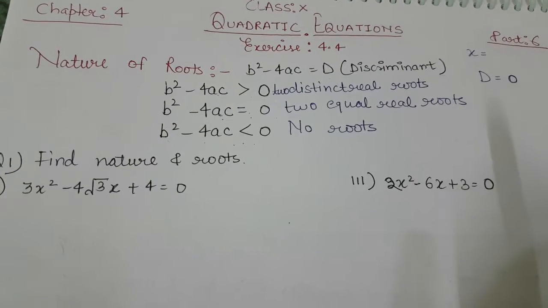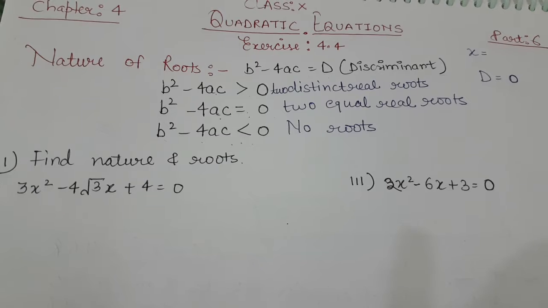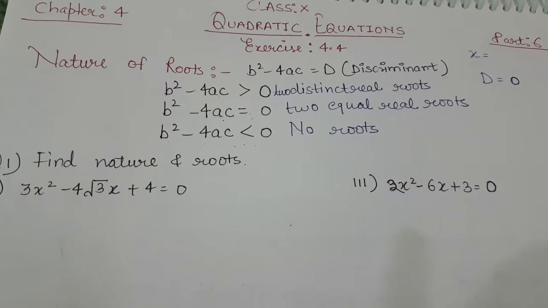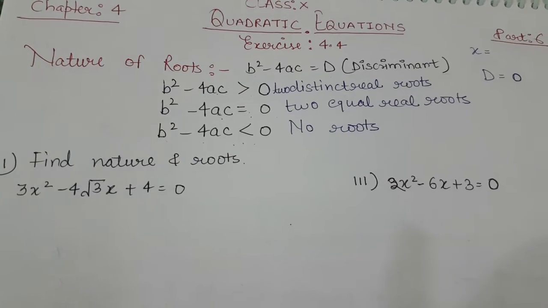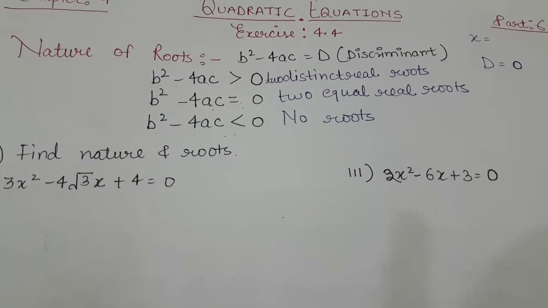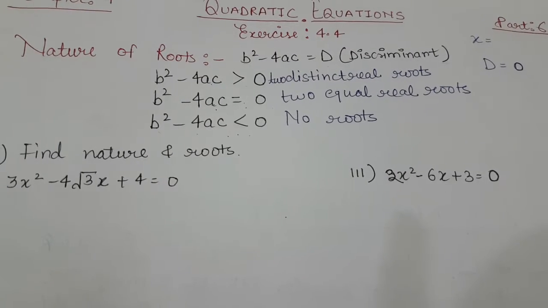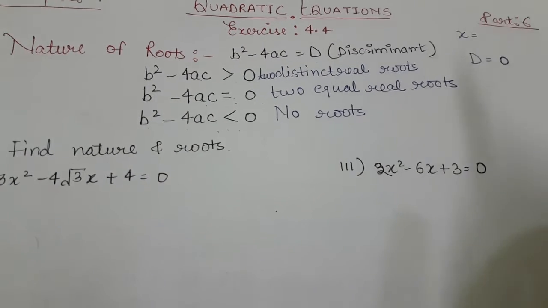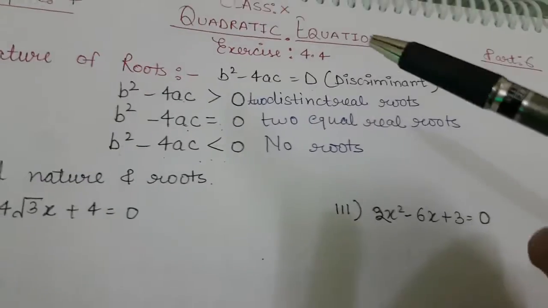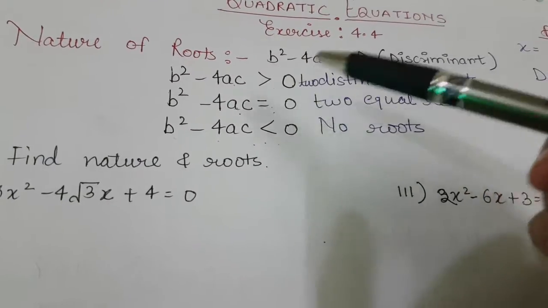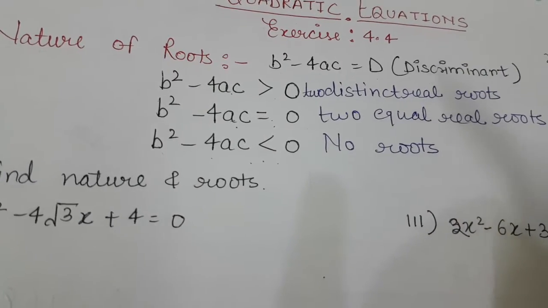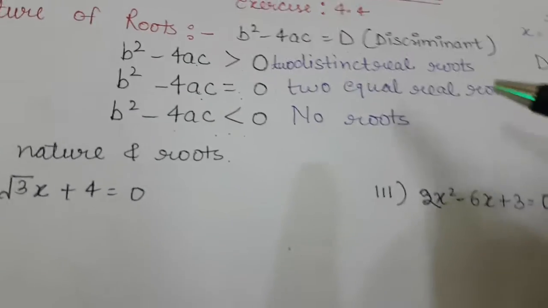Even in the previous video I explained to you about the nature of roots, when they were asking that first you find whether roots exist or not. So nature of roots and whether roots exist or not, both are the same thing. Roots exist or not, you have to find out whether a root of this equation exists or not, and for nature of root, you have to tell which type of roots you will get, before taking out the root.